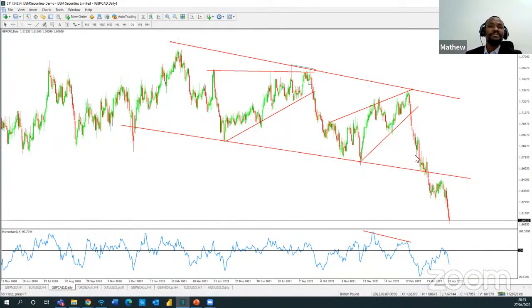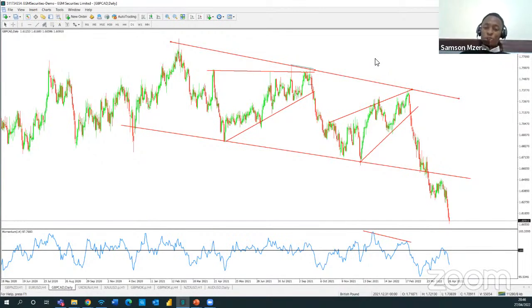where you have the channel, and in between the channel, you realize that we have the triangles. You see? Yeah, I think once you get used to spotting the patterns, you see them without even looking too hard. So in this case, you find yourself in a channel, but then in between you can find triangles, because this solves the question of, do I have to wait until the price hits the top of the channel and bounces? But then you realize that there is some form of a triangle happening inside there. Exactly. So in this case, you can